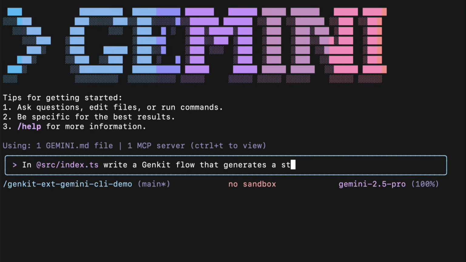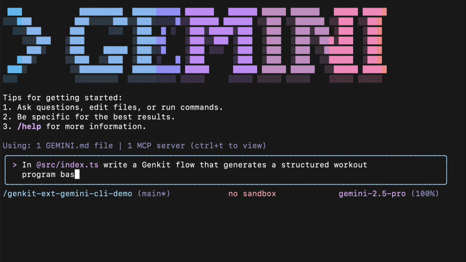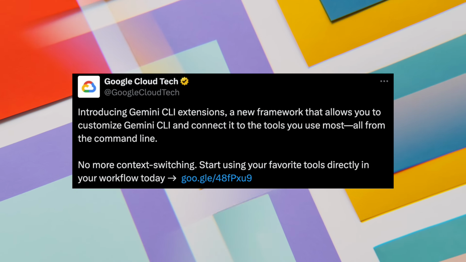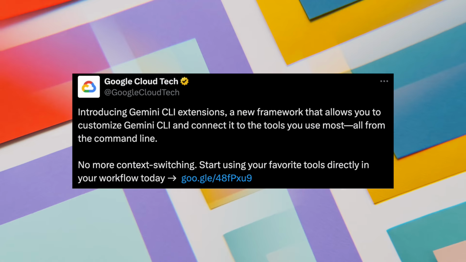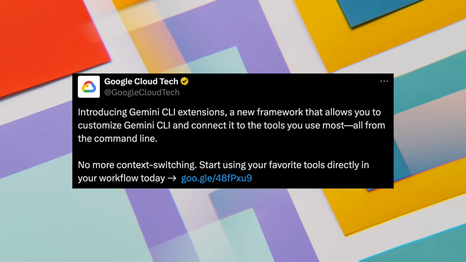So if you are a developer or someone who spends a lot of time working in the terminal, you need to hear about what Google just dropped with their Gemini command line interface. This is not just a minor update, this is a massive transformation that changes how we interact with artificial intelligence